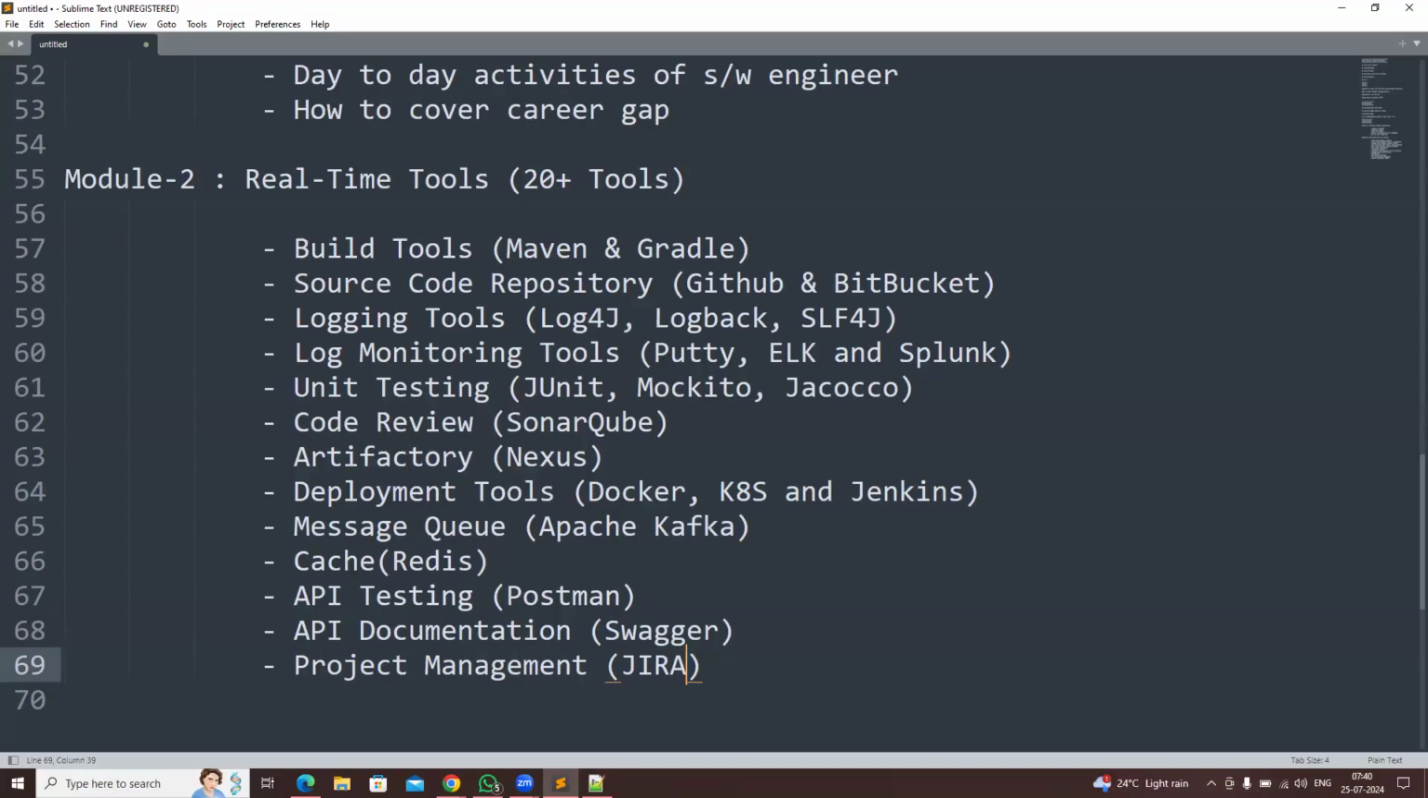And the next one, the artifactory server, which is Nexus. Then deployment tools, Docker, Kubernetes, Jenkins. Okay, message queue, Apache Kafka. To develop event-driven applications, we are going to use Apache Kafka. Next one, to implement cache in our application, we are going to use Redis cache. To perform API testing, we are going to use Postman. To generate the documentation for the API, we are going to use